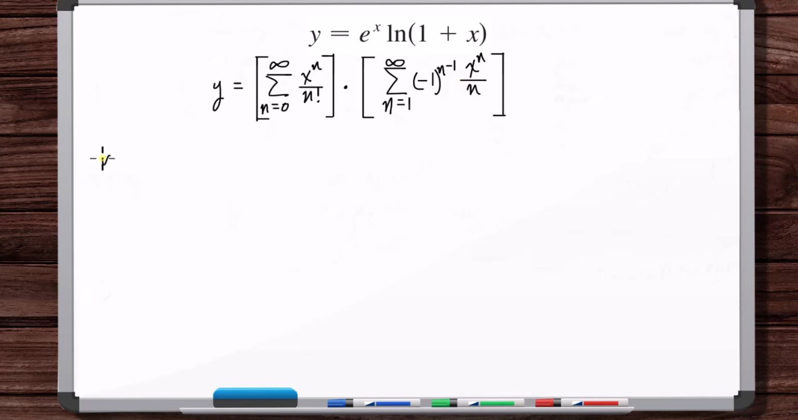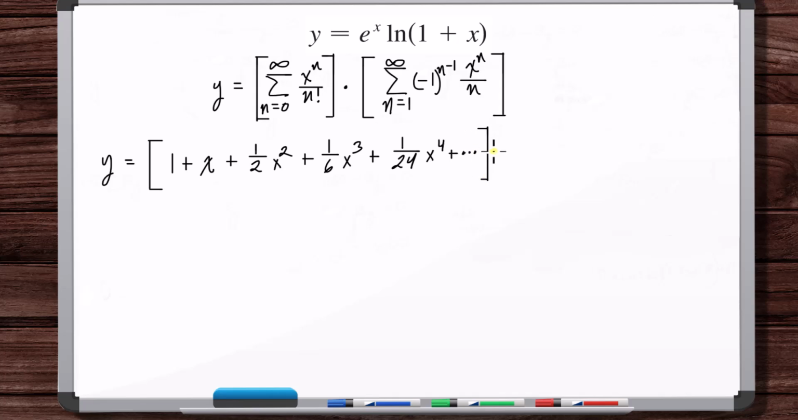Okay, so now let's write this out in expanded form. So n equals 0, you've got 1. N equals 1, you've got x. N equals 2, you've got 1/2 x squared. N equals 3, you've got 1/6 x cubed. N equals 4, you've got 1 over 24 x to the fourth. Okay, times,